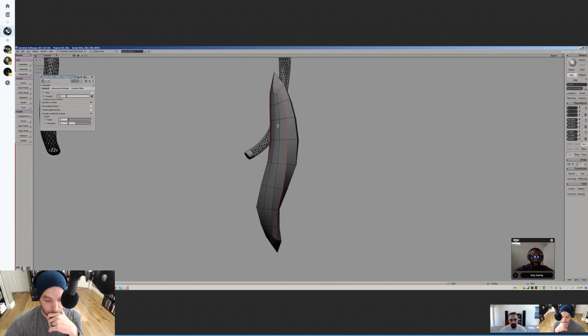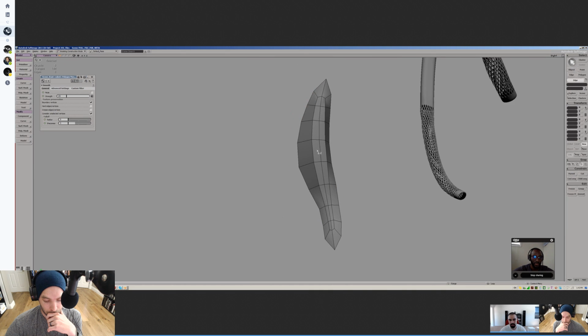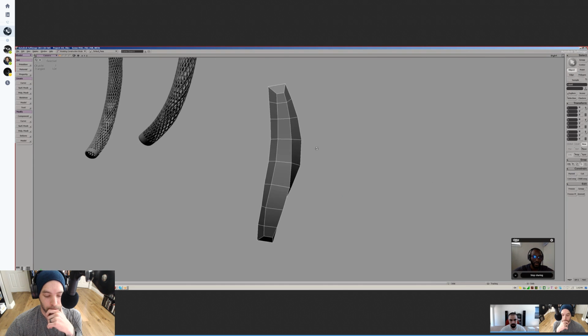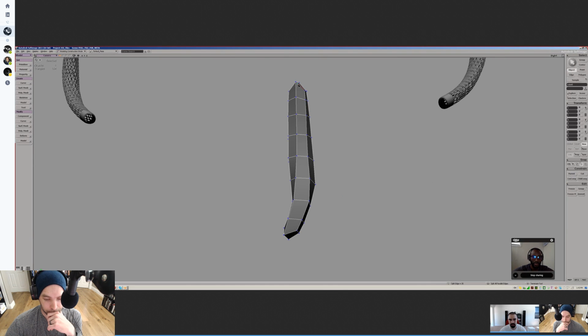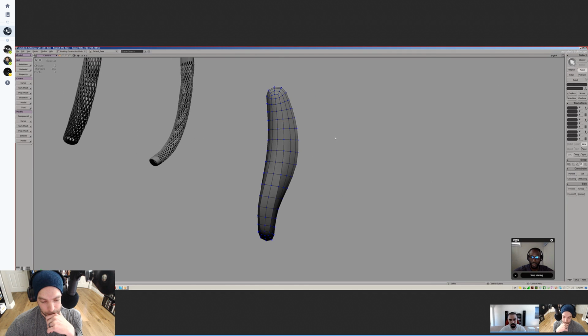And now let's say if I do something like this, when I select edges and I delete it, and I can delete this too, we get a much more consistent flow, right? For example, I'm gonna add an extra edge loop here and then subdivide this whole thing right here. If I select all the vertices right now, and I shrink my selection,